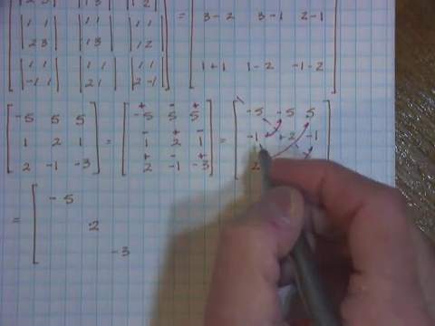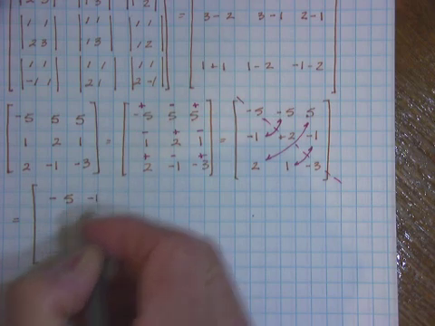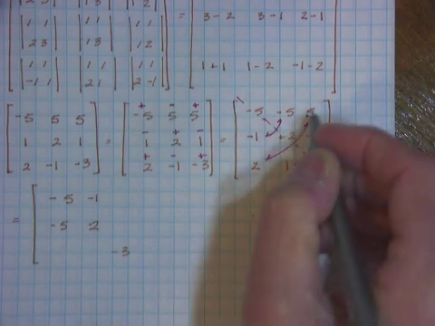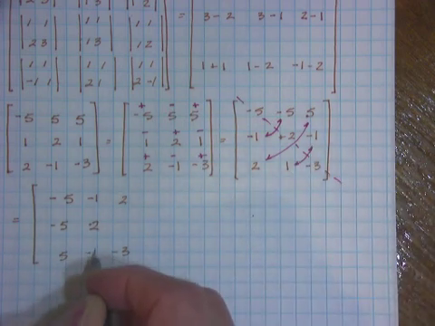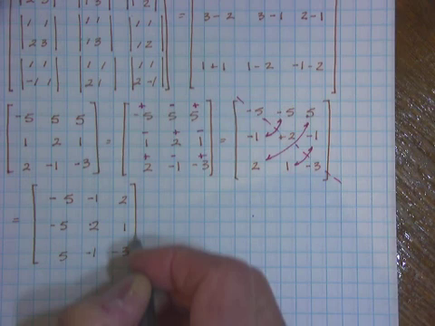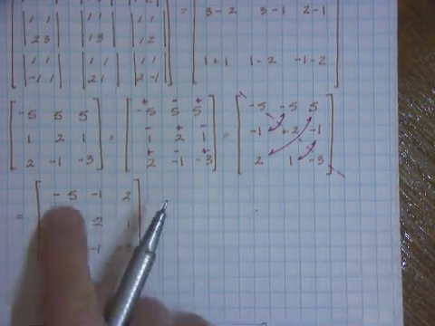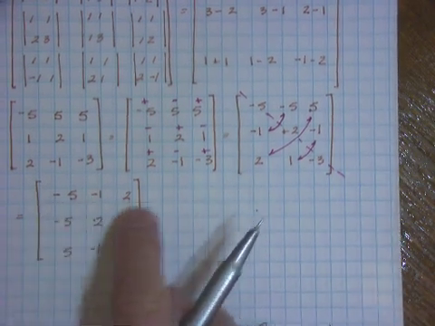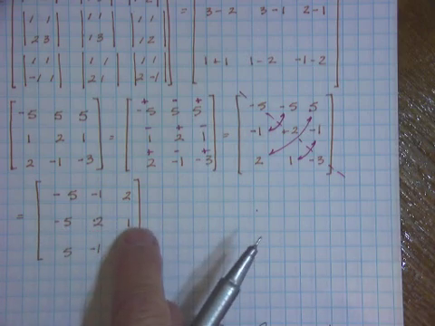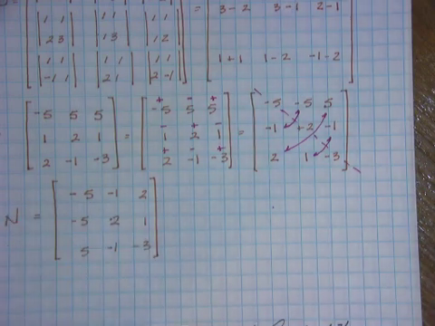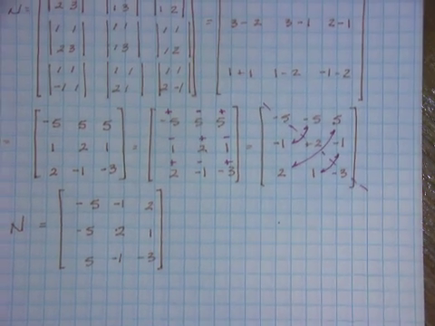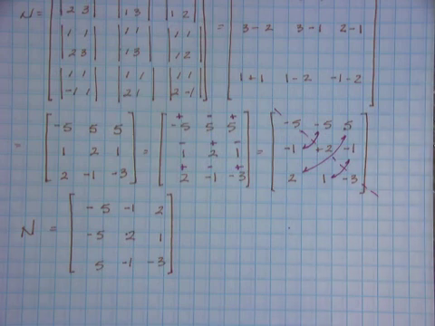Okay, anything on the diagonal stays there, so let's put those in. And negative 3. I got a little blob of ink right there, but that's a positive 2. Then the 5 and the negative 5 and the negative 1 switch places. Negative 1, negative 5. The 2 and the 5 switch places. And the 1 and the negative 1 switch places. So we've got negative 5, negative 1, 2, negative 5, 2, 1, 5,